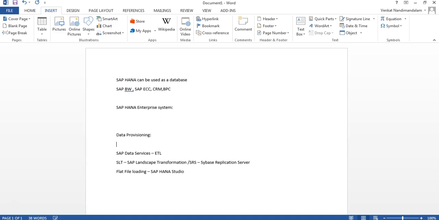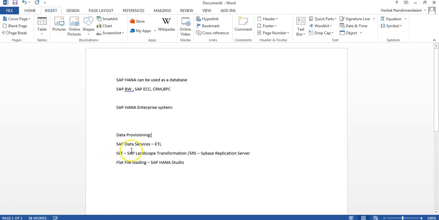in HANA Enterprise system. So you can use any of these 3 data provisioning techniques to bring data from different sources to the HANA platform. Once you have data in HANA, the next step is going to be applying your business logic or applying your transformations. That can be done using modeling objects in HANA. Those modeling objects can be created using SAP HANA Studio. So SAP HANA Studio is going to be the software